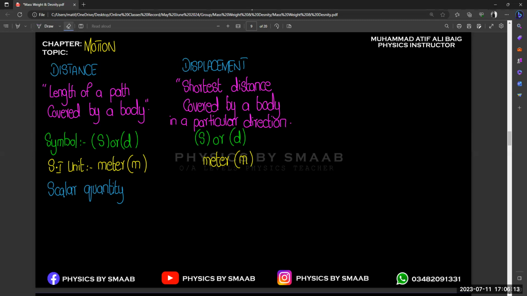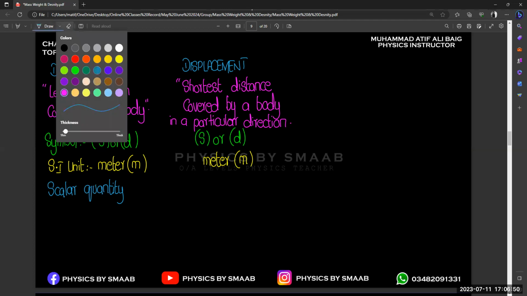And if someone asks you about the direction, that I want to go to this place, you guide me with reference to direction. So that is the concept of displacement. Using Google Maps gives you a concept of displacement because it shows you the magnitude of length between two points, your destination and your starting point. It also shows you the direction. So that is displacement, right? Okay, I understand. So that's why it is different from distance, and it is a vector quantity.